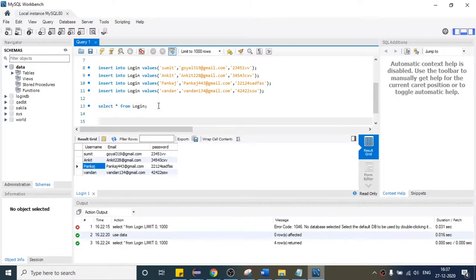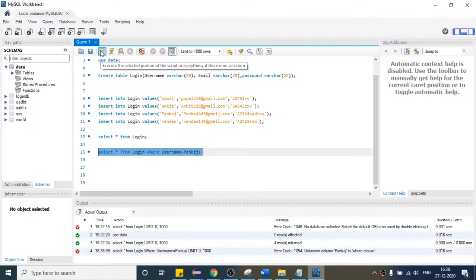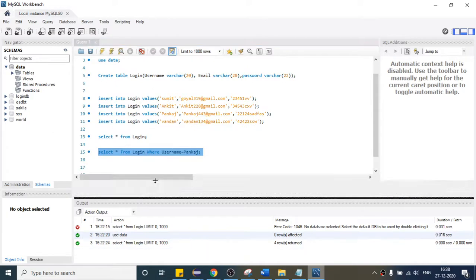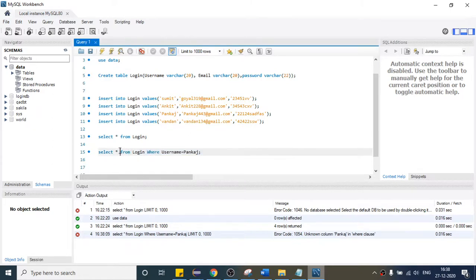Instead of this one, if I say only this, so where, and after that a semicolon, and if I execute only this line, select star from, you can say, I think it is star only.